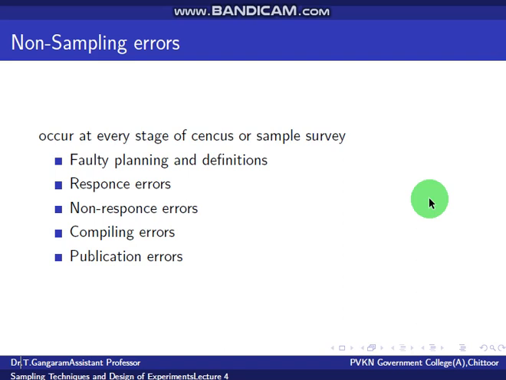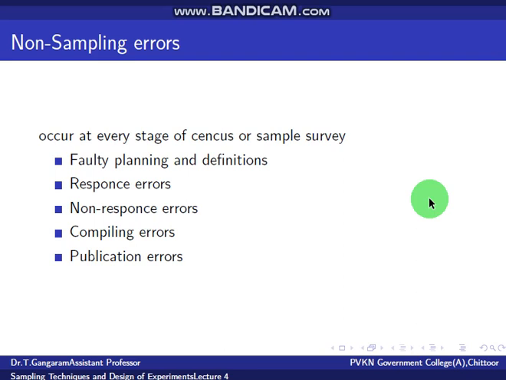In a sample survey, non-sampling errors can be controlled to a large extent by employing qualified, trained and experienced personnel. Also, they can be controlled by providing better equipment for processing and analysis of the data. But it is not possible to control the errors in the census because of vast area and huge data.